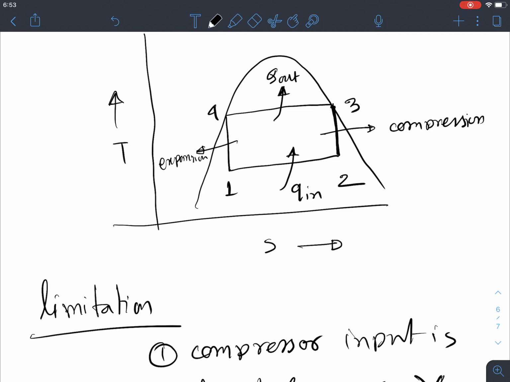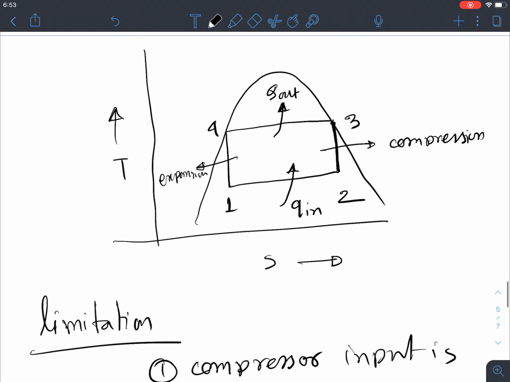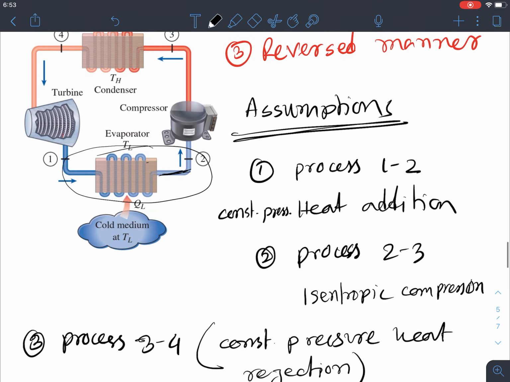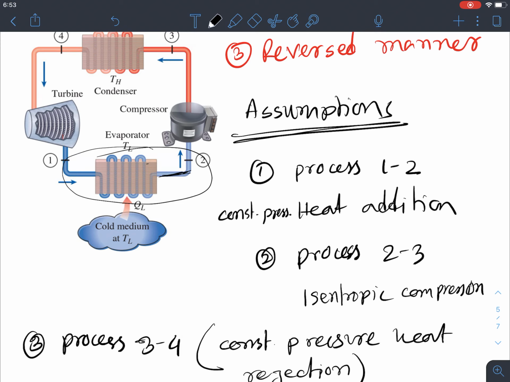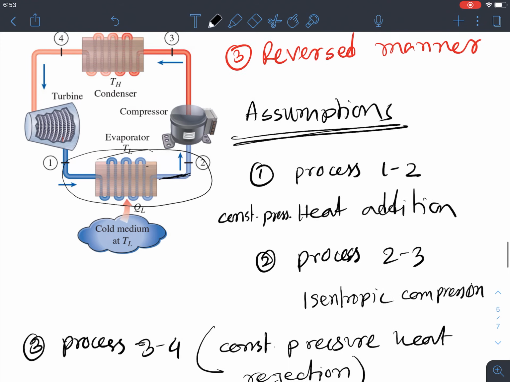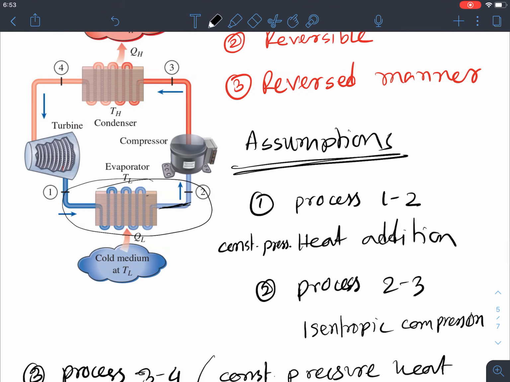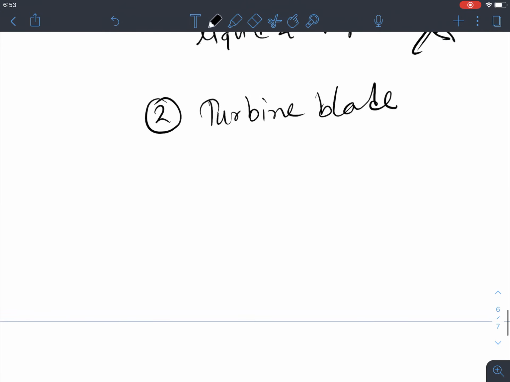So another limitation of this Carnot cycle is, let's take a look here, when it's operating between this evaporator and the condenser, they're saying that the heat addition in the evaporator is a constant temperature, or isothermal, process. It's very difficult to maintain the isothermal process. As well as the condenser, they're also saying that it's an isothermal process, right? So number three, although it's possible